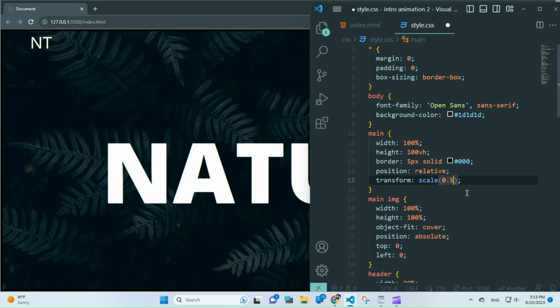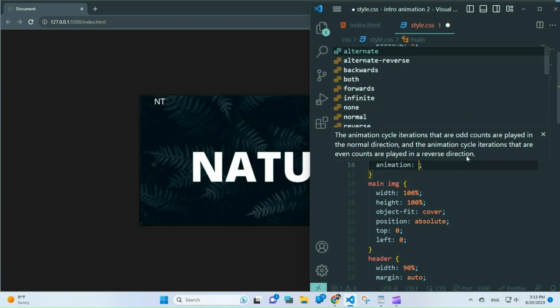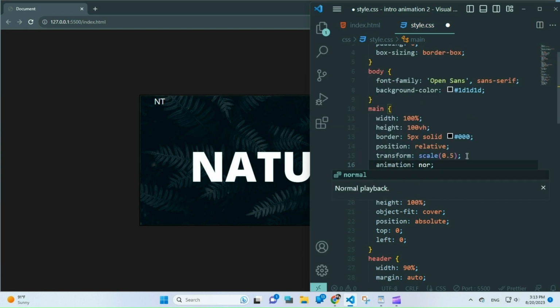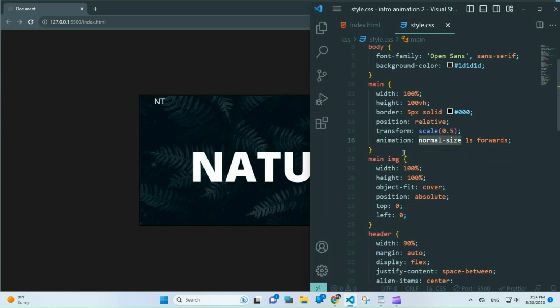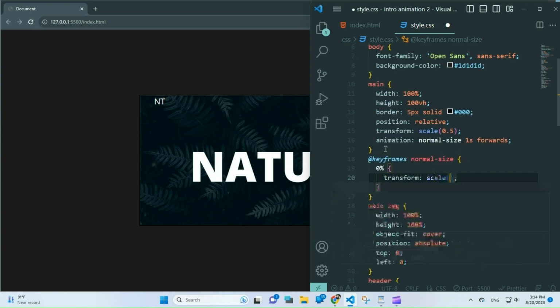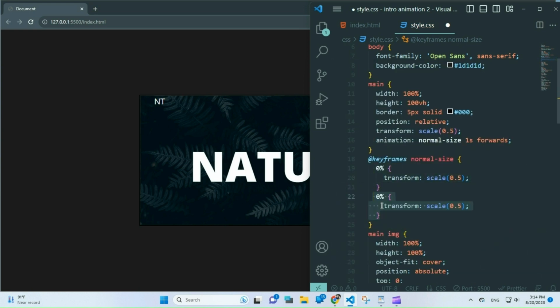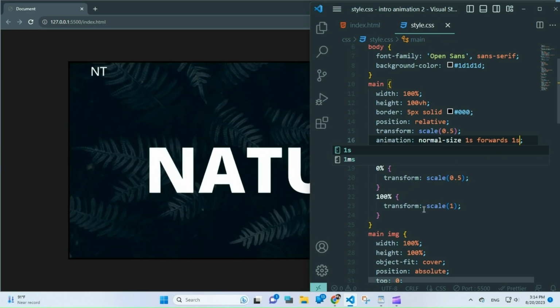So we animate the main from scale 0.1 in 1 second forwards, so it remains in its 100% state, and here are our keyframes. This animation has a 1 second delay because we want the main to start scaling up after the fade in images animation, and